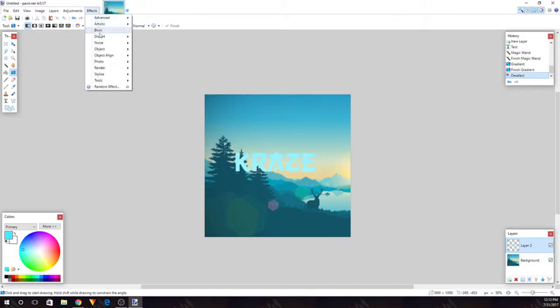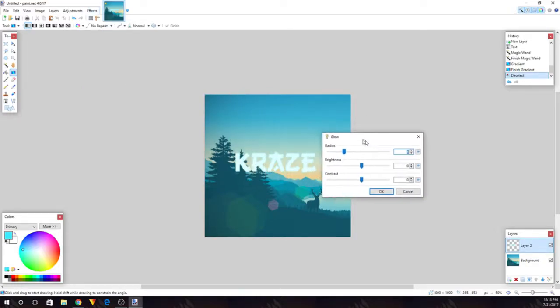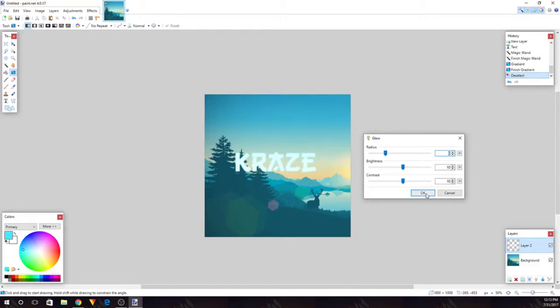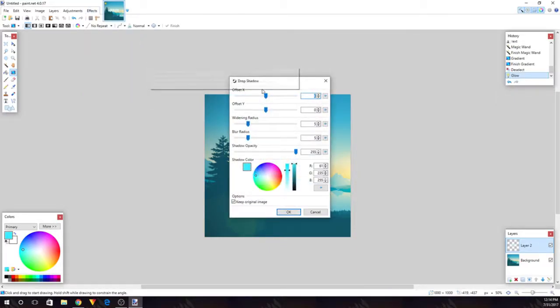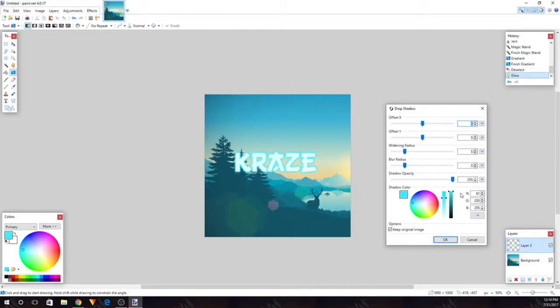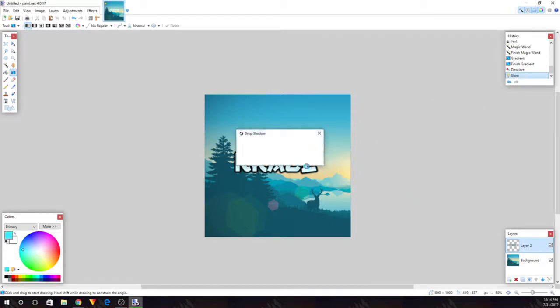Then for effects, we're going to go over and go to photo and glow. I'm going to leave the brightness on 10. I think that looks pretty good, and it should give it a nice little glow. And then go to effects, object, and drop shadow. Now for this one, I'm going to go black here, I think, and I'm going to make the radius 10. Alright, so you should get some